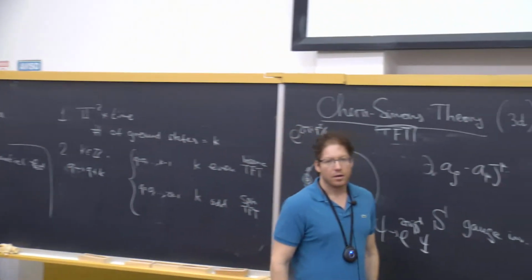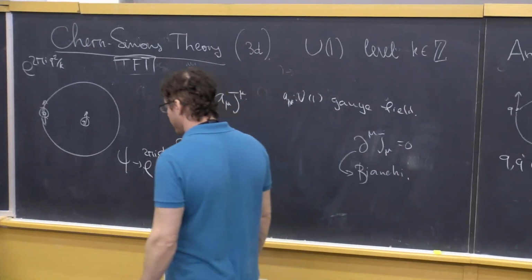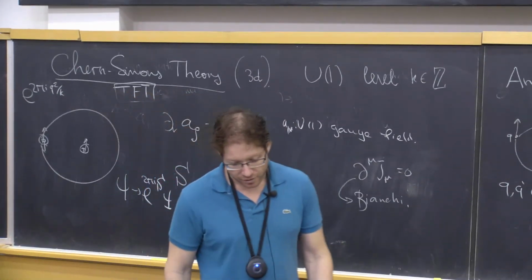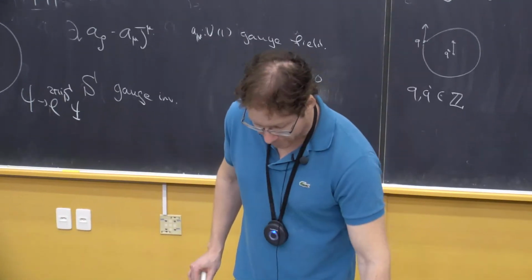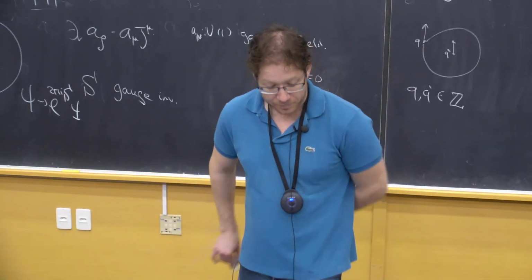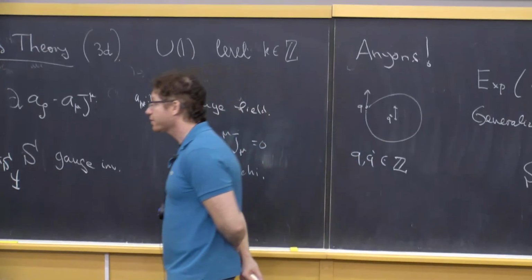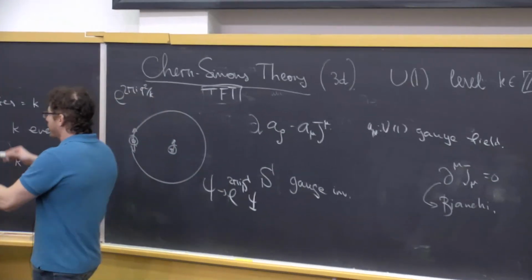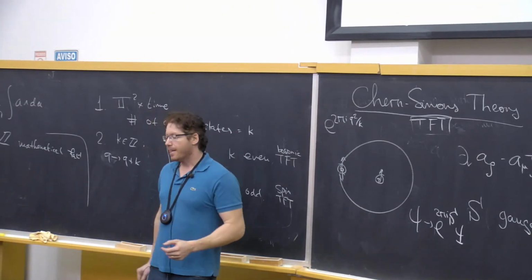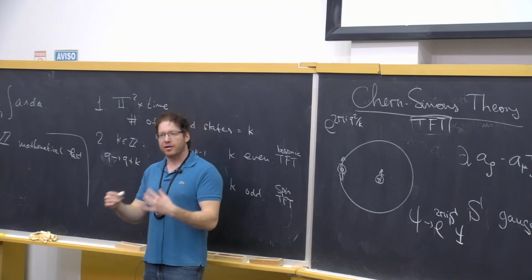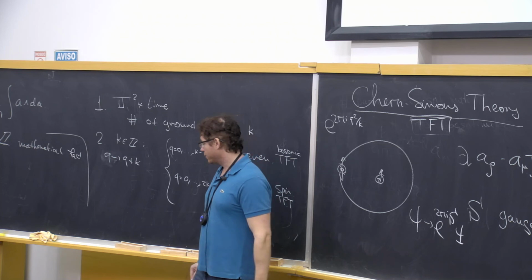Okay. So this is the physics of the Chern-Simons model. And what we will do in the next lecture after lunch is try to make these anyons dynamical. That's where the exciting stuff is. As long as these anyons are probe particles, I don't have much more to say. They're just anyons, and that's it. But if they start fluctuating and you get interesting dynamical effects, then the story gets much more interesting.